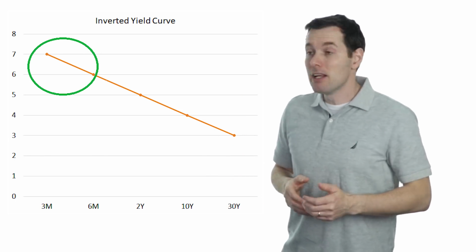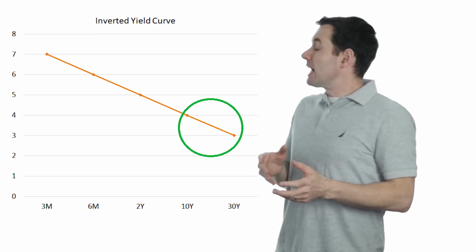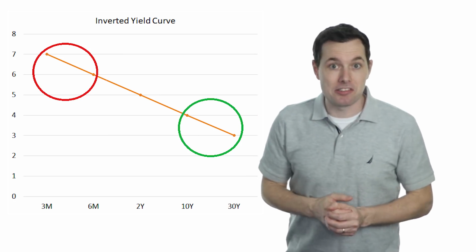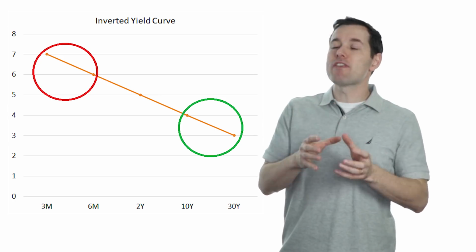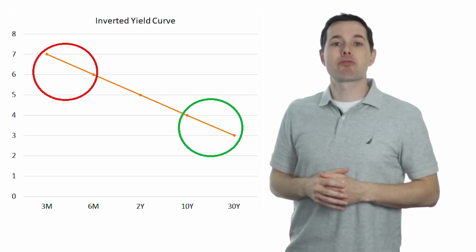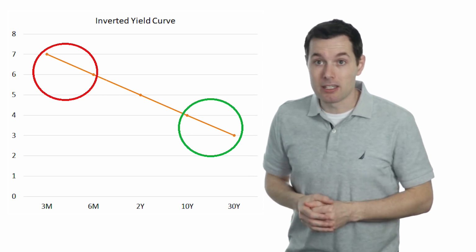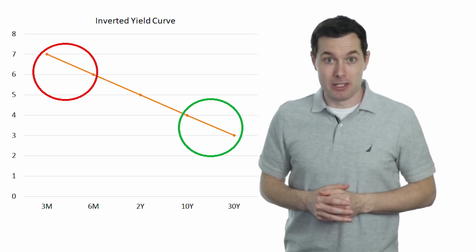But when they lend money, they typically lend money at longer-term rates. Think mortgages. So now they borrow money at short-term rates and they lend out that money at long-term rates. But if short-term rates are higher than long-term rates, it's going to be very difficult for that bank to lend profitably. So what do banks do? They often stop lending. And as we can imagine, if they stop lending, that's going to be a bad thing for the economy. Now, how does this happen?